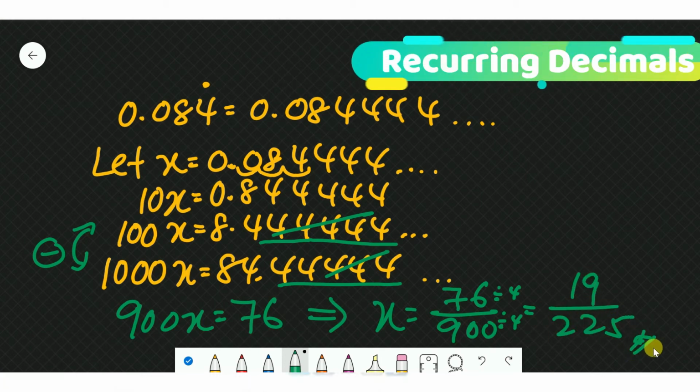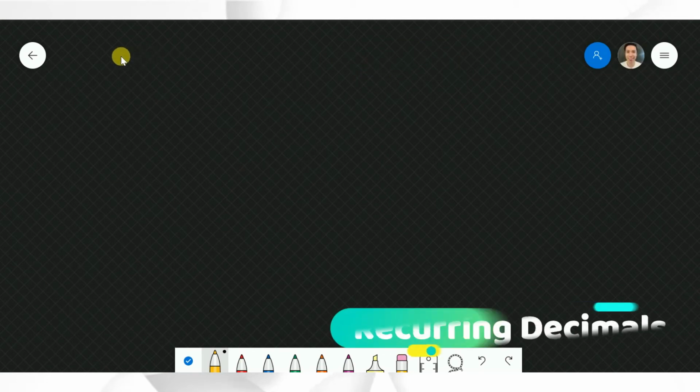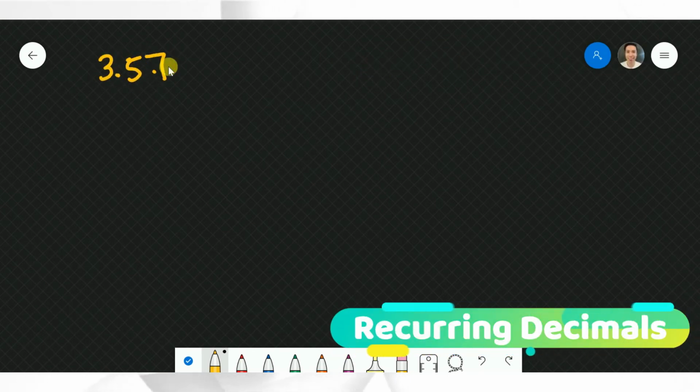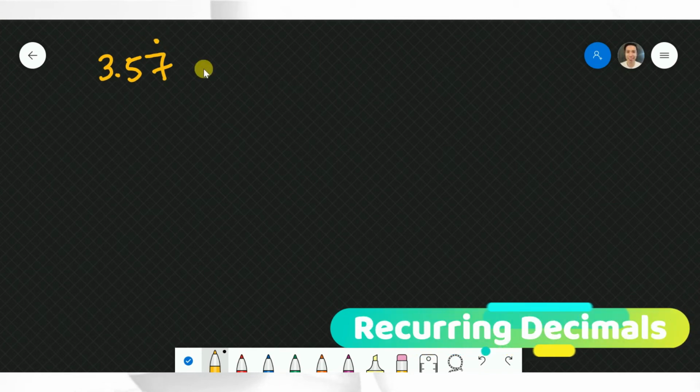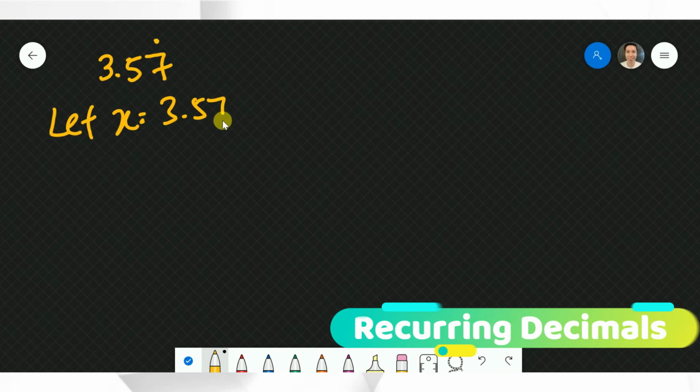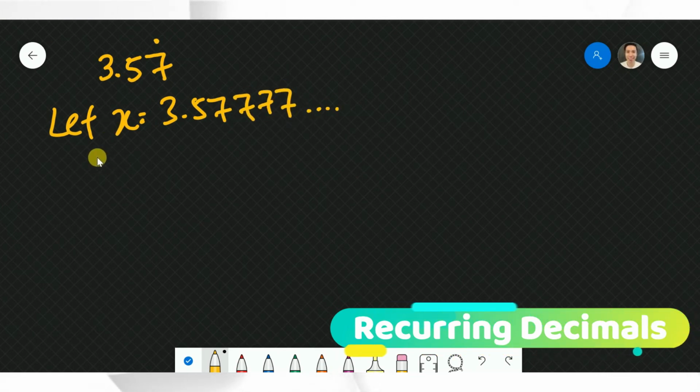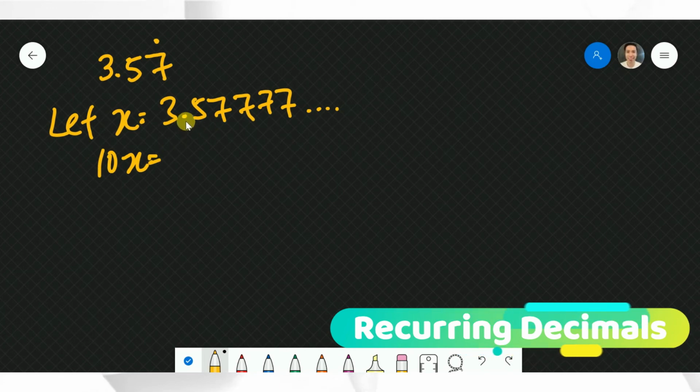Alright? So far so good, yeah? So our final example here. What if I have a bigger number here? 3.57 and the recurring decimal is on top of 7. Okay, so our first step is let x equal to 3.57777 and so on, isn't it? Next, 10x. So we need to times 10. So it will become